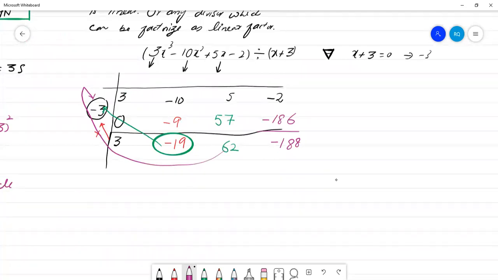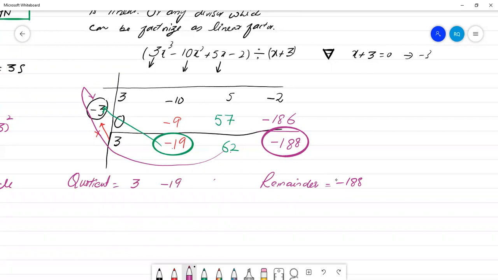This last number that will be remainder, and this 3 - 19 and 62 that becomes the quotient. थोड़ा सा स्पेस रख के लिखना है आपने। द हाईएस्ट पावर ऑफ द डिविडेंड इज 3। इससे एक लेस से स्टार्ट करना है, इससे लेस अगर 3 है तो 2 से स्टार्ट करेंगे, x² x और +0, ये आपके पास क्वेश्चन आएगा।